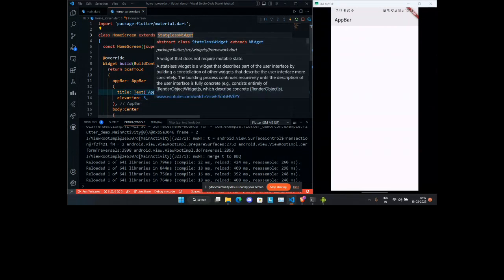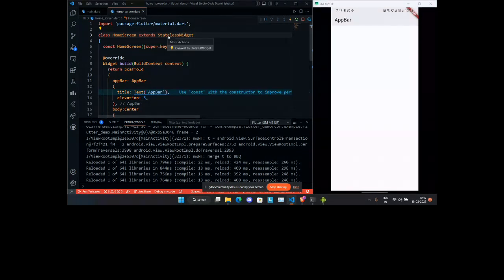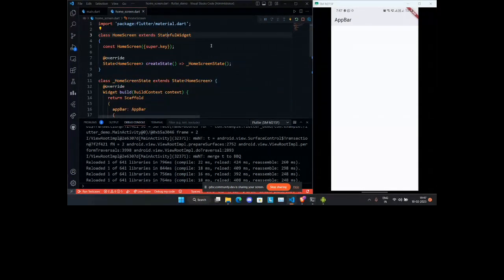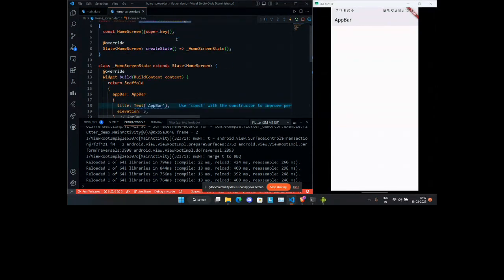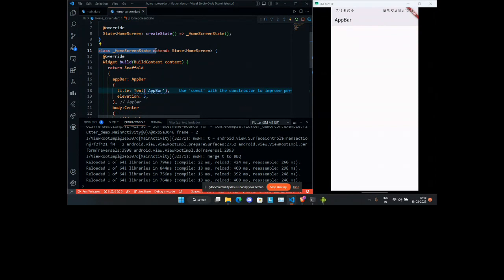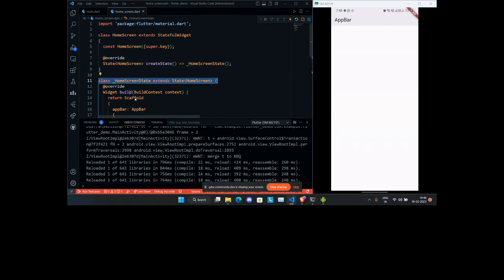What I'm going to do is press control shift and R. All of these key combinations are provided by the Flutter SDK. I don't really have to configure them. And then it says convert to stateful widget, and I'm just going to click on it. What the stateful widget does is it has given me this class called HomeScreen, which extends StatefulWidget. And then it has given me this class called HomeScreenState, which extends State from HomeScreen. Let's just forget what is written here.